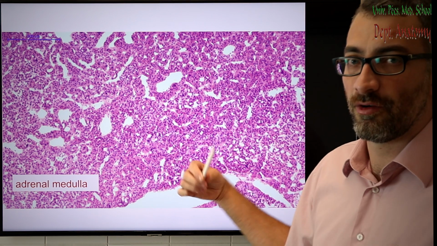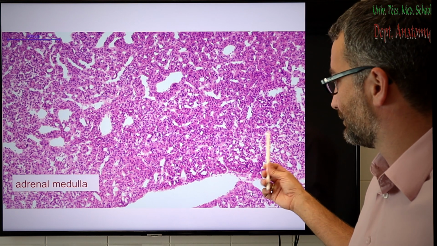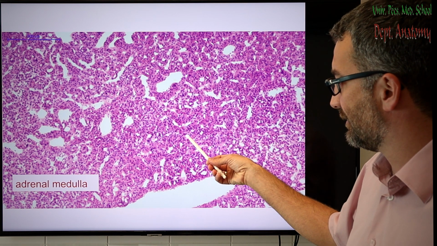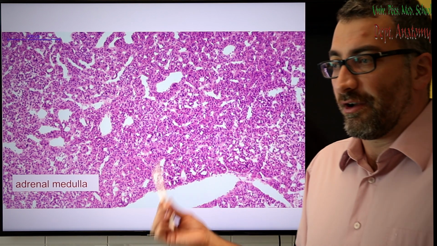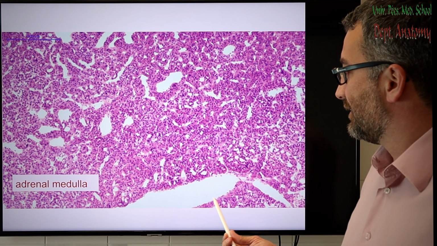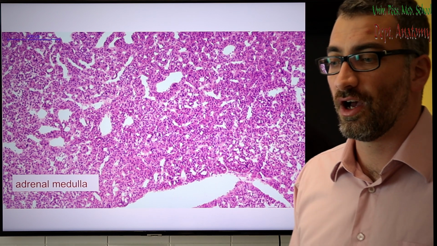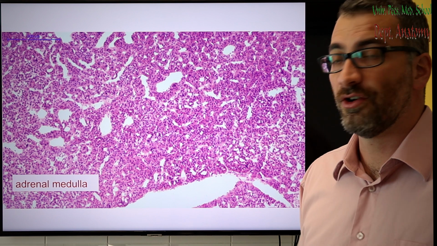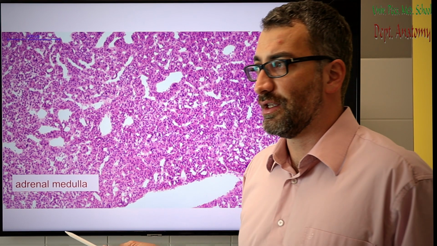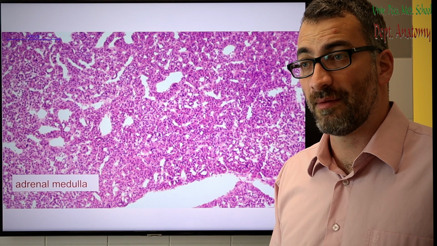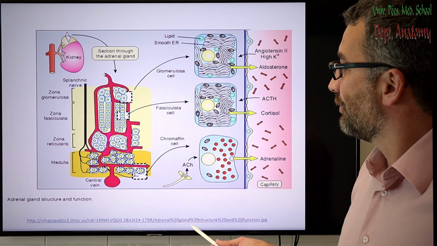chromaffin cells. The chromaffin name comes from a histochemical procedure which reflects the biochemical process of hormone synthesis in these cells. The medullary cells produce adrenaline, an amino acid derivative, which belongs to the molecular family of catecholamines. In this drawing,